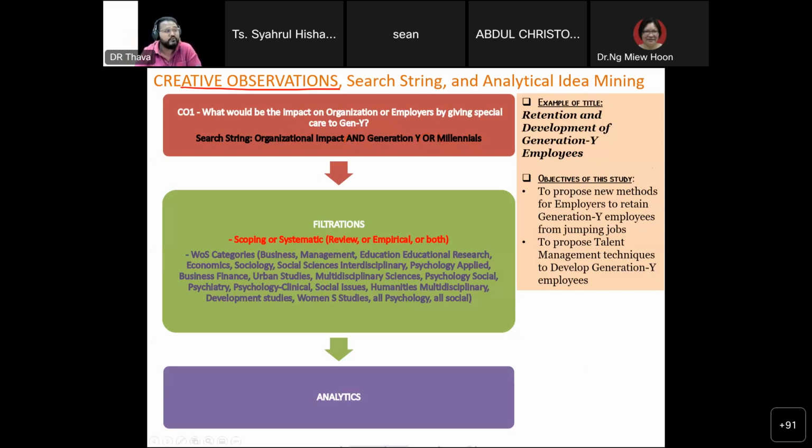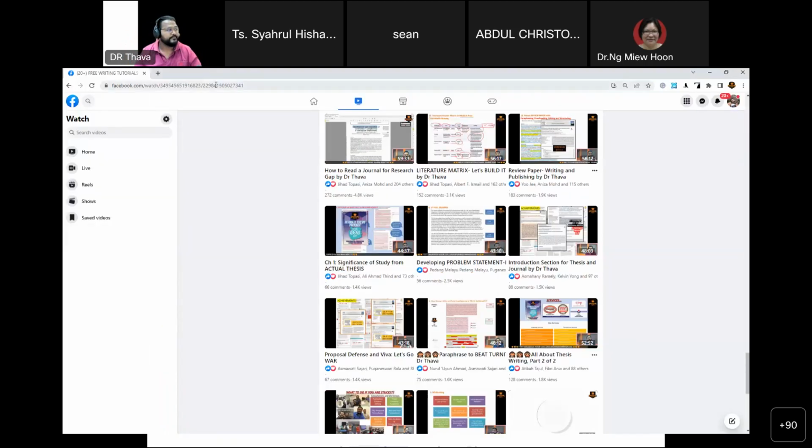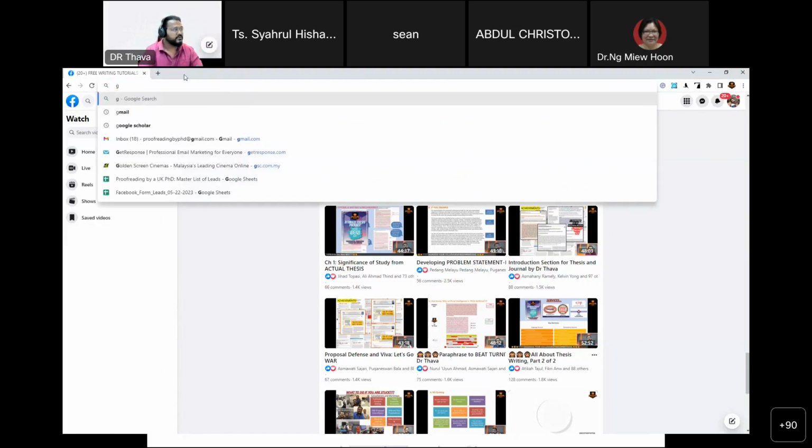Okay, let me show you what the impact will be. Google Scholar will be down there, but I'm going to show you now itself. Let me show you what will happen if you don't use this. I just open another one.